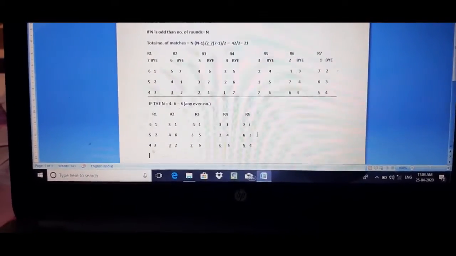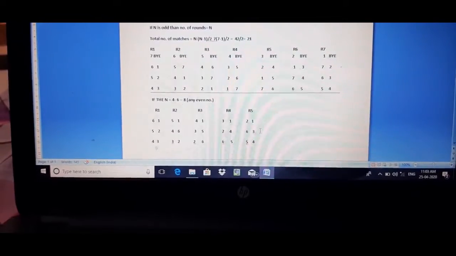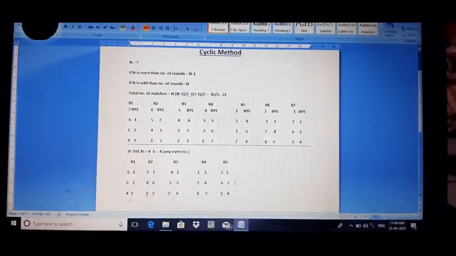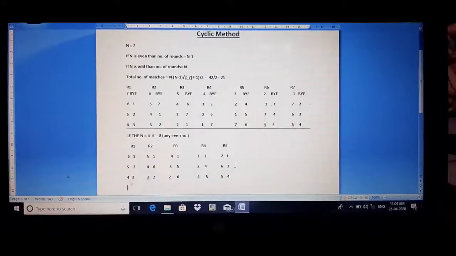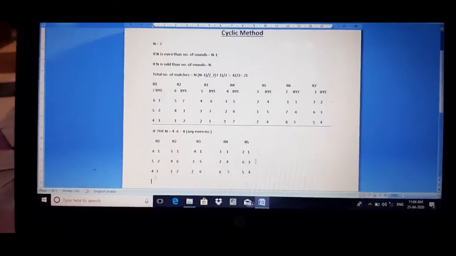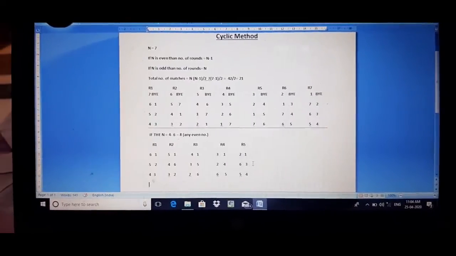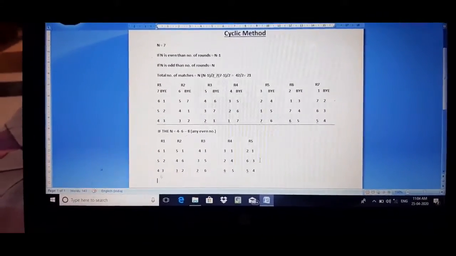Now how do you declare the winner out of this? It is very simple, students. You can pick any team, take it to the highest number. You can say that 1 has won all the matches of its league, so 1 is the winner. That has no problem. The winner can be decided by us, it is not mentioned in the question. What you have to focus on is how the cycle is moving and the formulas.